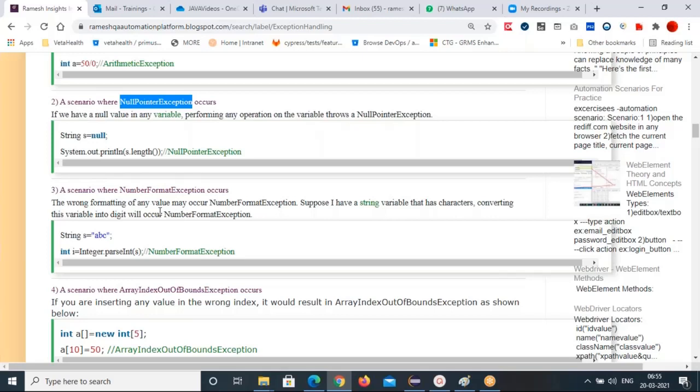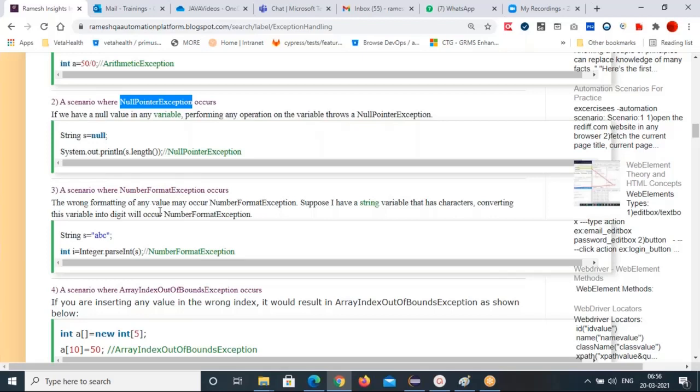Suppose I have a string variable that has characters. Converting this variable into digits will cause a number format exception. Alphabets you cannot convert into integer, right? If there are alphabets in the string variable, you cannot convert them into digits. If you try to do that, you will get a number format exception.